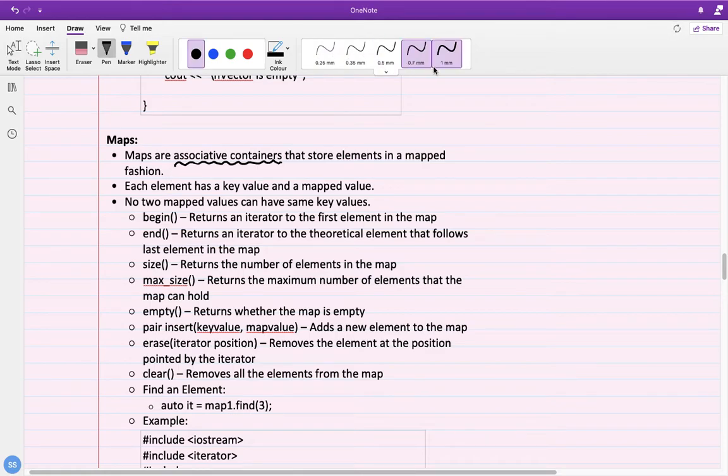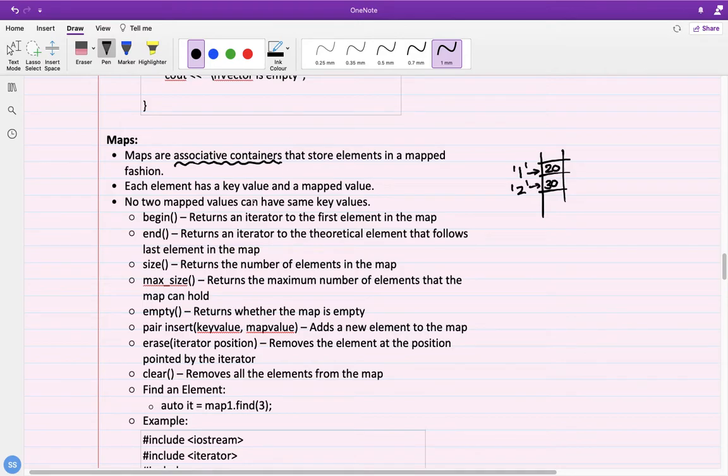It can be considered like this. Let's say you have key value 1 and at key value 1 you have value 20, and at key value 2 you have value 30. So the keys are always associated with the values, that is why it is called an associative container.